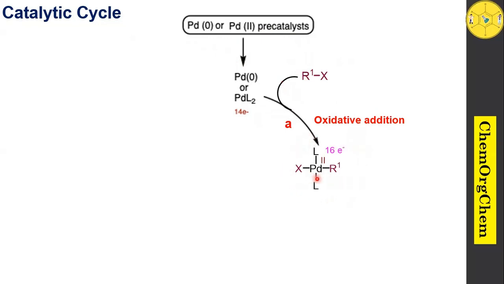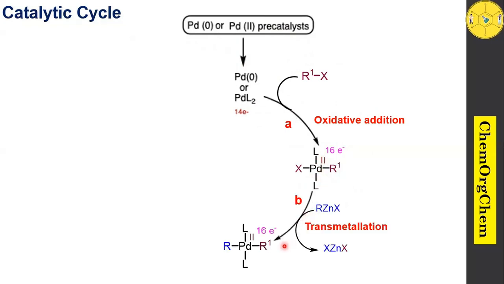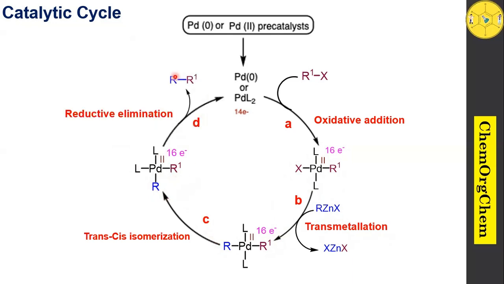Here you note that the palladium oxidation state is 2, which then undergoes a transmetallation reaction by the reaction of this complex with the organozinc reagent. Just like our previous case, the R group is transferred to the palladium center, and at the same time X is transferred to the zinc center, which produces the corresponding 16-electron palladium(II) complex. This then quickly undergoes trans-cis isomerization to produce the corresponding 16-electron complex, which then readily undergoes reductive elimination to produce the